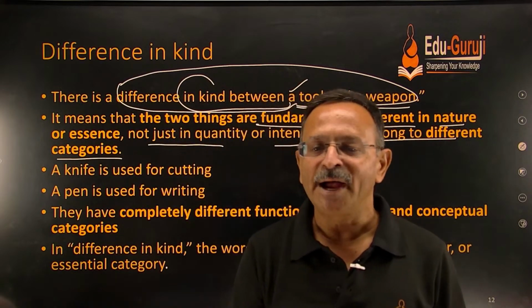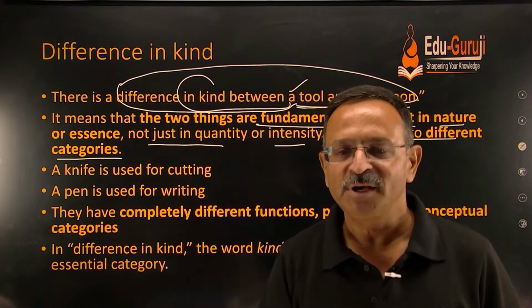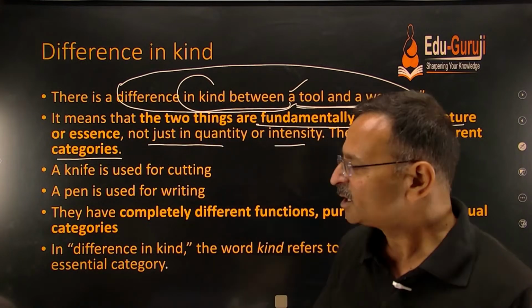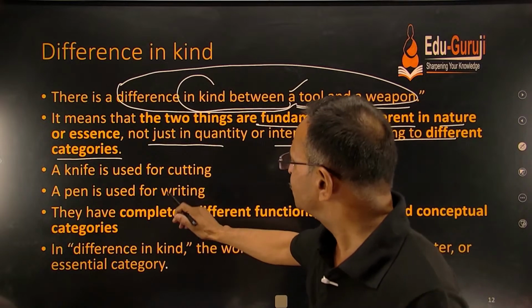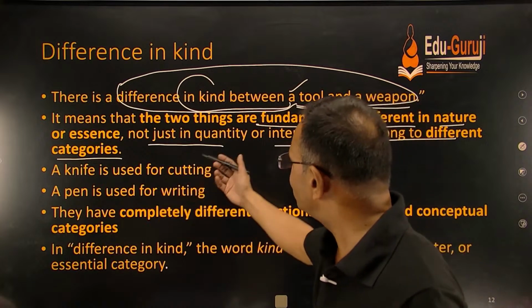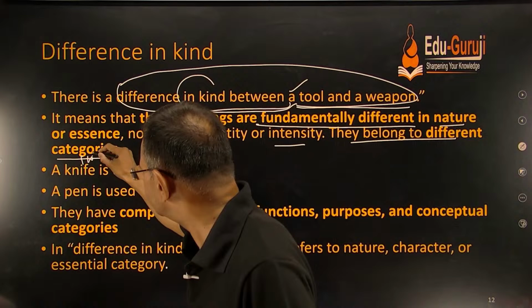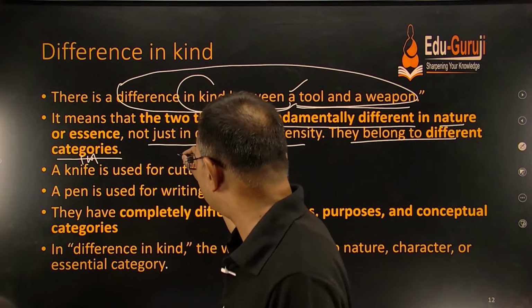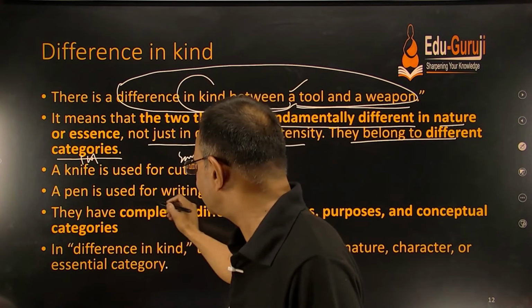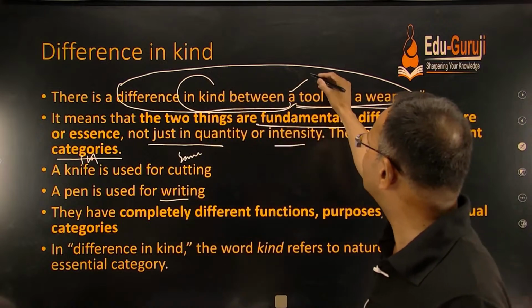So here the kind means what? When we say difference in kind, it means the difference in nature. So you have two examples. You can use a tool here. A tool is used for something. A pen is used for writing. So you can say there is a difference in kind between a pen